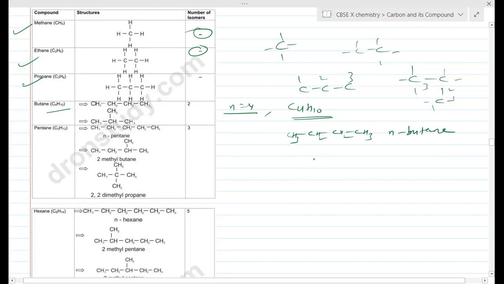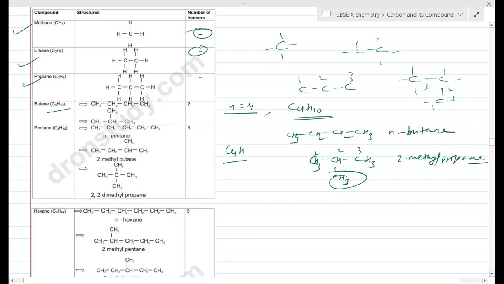Okay, we can write like this also, 3 in a straight chain, 1 in a branched. So C3, CH3, also CH3, 1, 2, 3, so 1 hydrogen. So what is this? Just now we named. This is what? 2-methyl. IUPAC name is what? 2-methyl propane. If you count the number of carbon atoms, C4, 1, 2, 3, 4, 4 hydrogen.